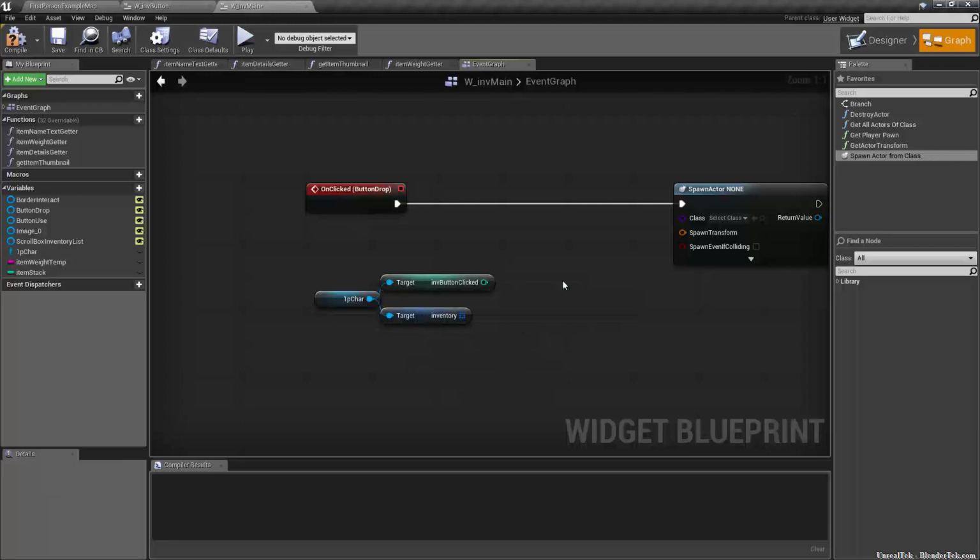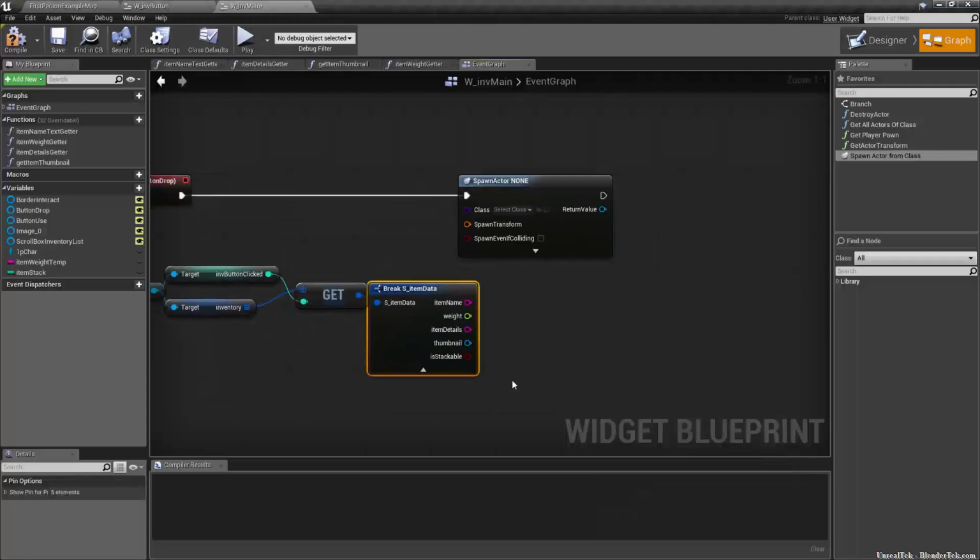If you haven't realized that by now, that's how you figure out what button is being clicked on in the inventory. So what we want to do is a getter. So we get off of the array. And the index we want to get is the button that we currently have selected, so the item we currently have selected. Then we want to break that struct,